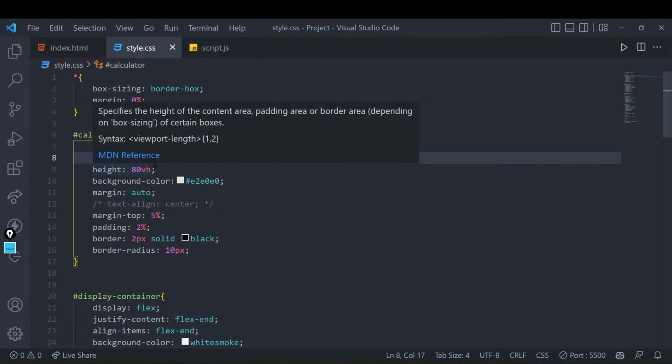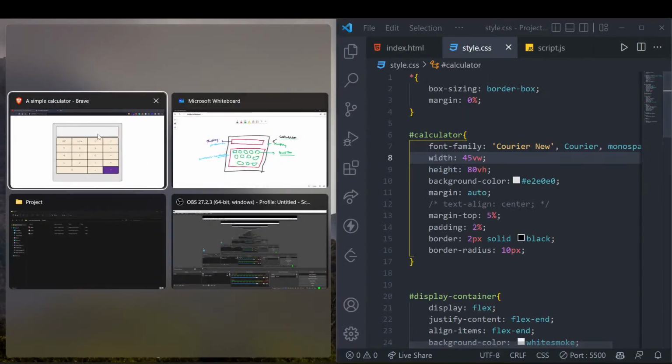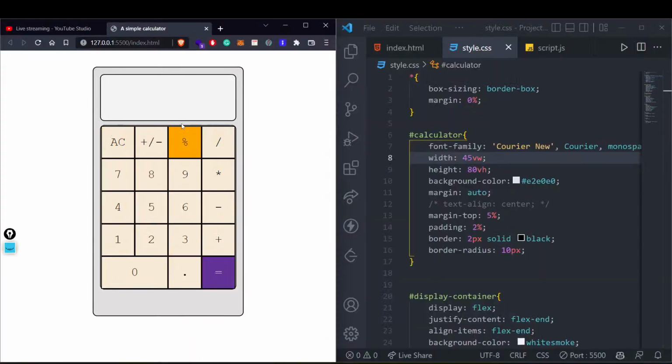Just a minute, let me open this parallelly. So now we can see that this is responsive as well. If I shrink this area, it still looks perfectly cool. This width and height will make sure that whatever our page size is, it will show the width at 45% of that, and cover 80% of its height.